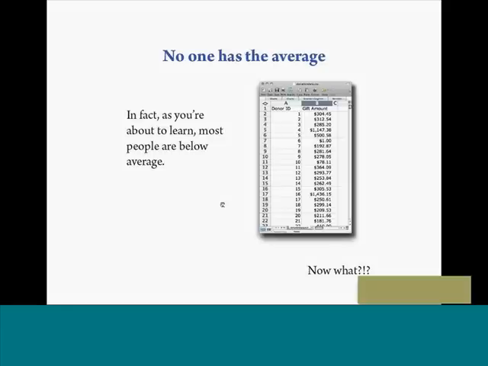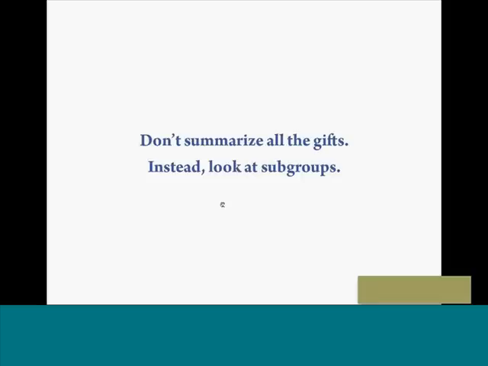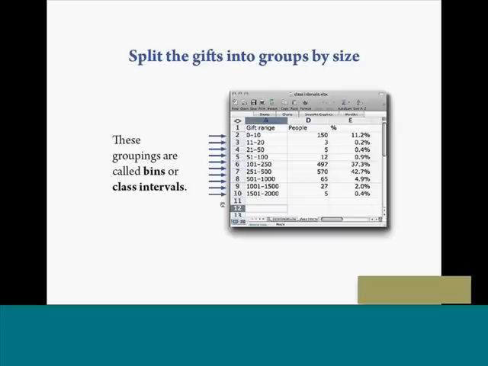How do we throw every Excel formula we have at this problem and maybe learn something we don't know? Well, one approach that would summarize things in a way that keeps it simple, without being so simple that it tells us nothing, would be just to look at different subgroups. So we might ask, for example, how many people gave between $0 and $10, how many people gave between $11 and $50, and stuff like that. That's what I've done here. I've stipulated gift ranges, between 0 and 10, 11 and 20, and counted the number of people in those buckets. Or rather, we're going to call them bins.